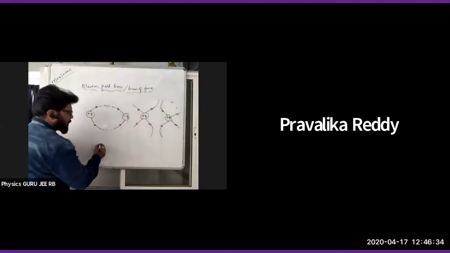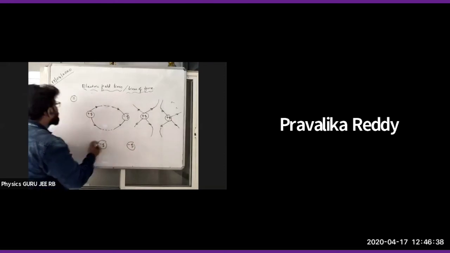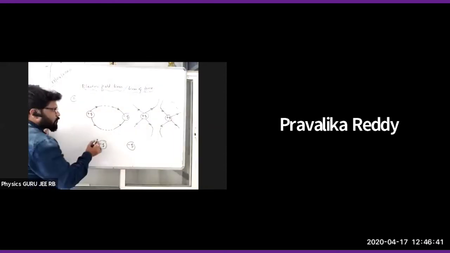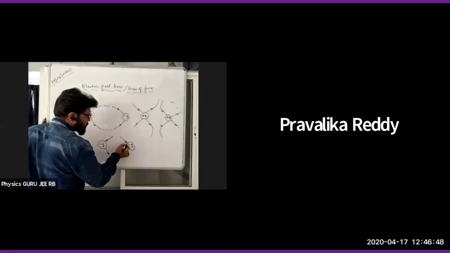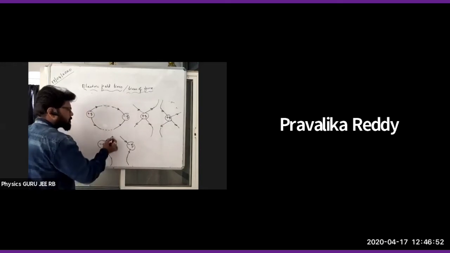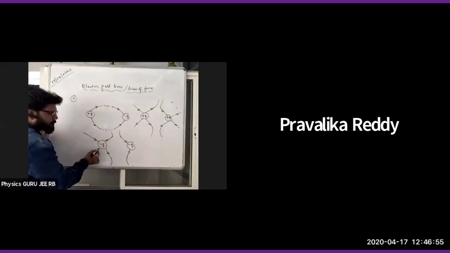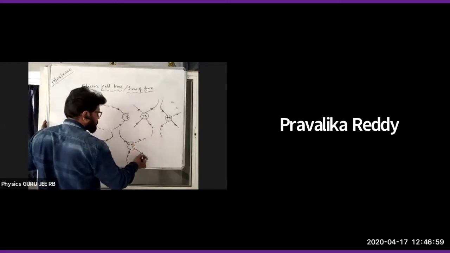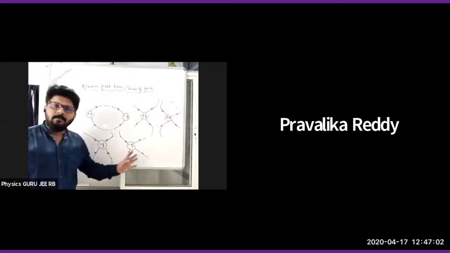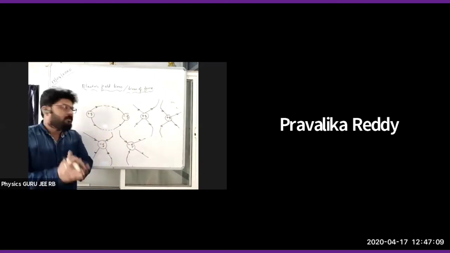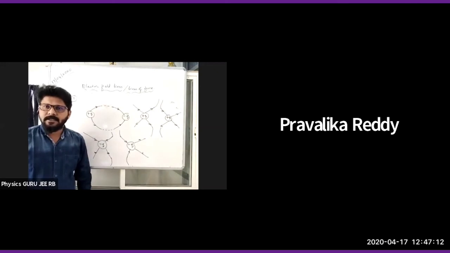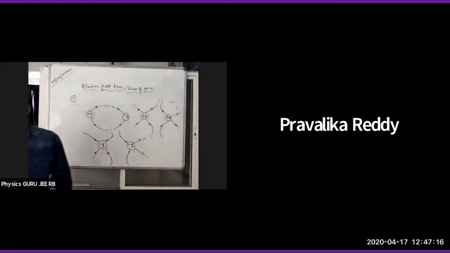If I take both as negative charges, this is a negative charge and this is a negative charge, the lines move towards each charge. This is moving towards, this is moving towards, this is moving towards. That means they will not intersect each other. Both charges will get repulsed and they don't intersect. Electric lines will intersect only for a positive and a negative charge. Is it clear? Property 11: electric lines between two similar charges will not intersect. Clear?